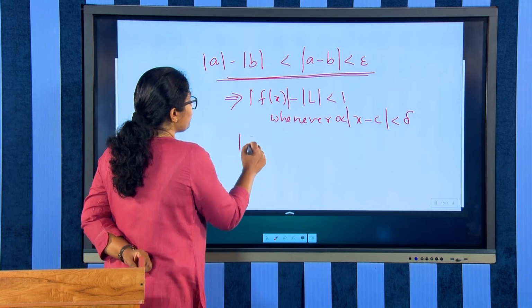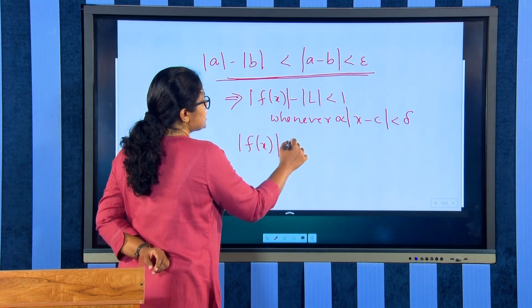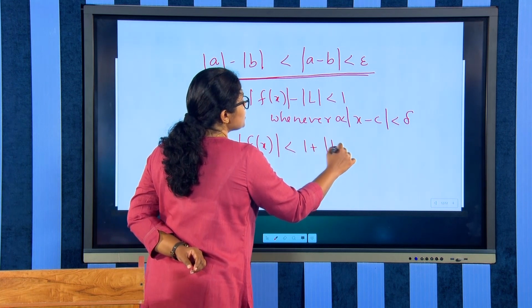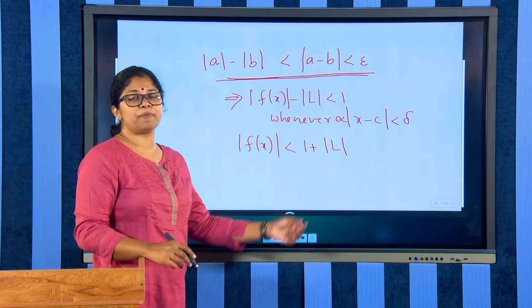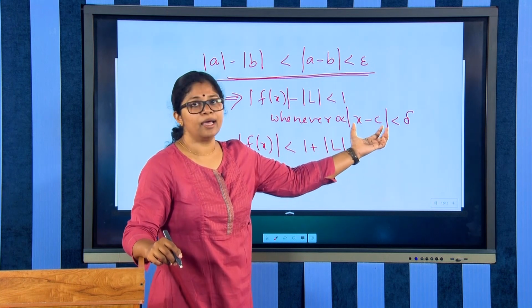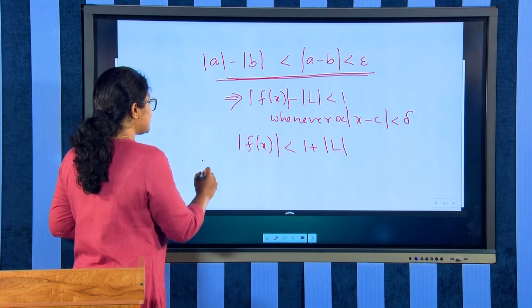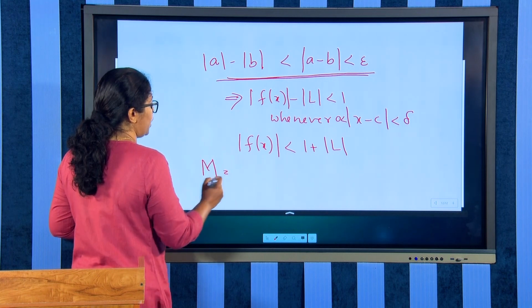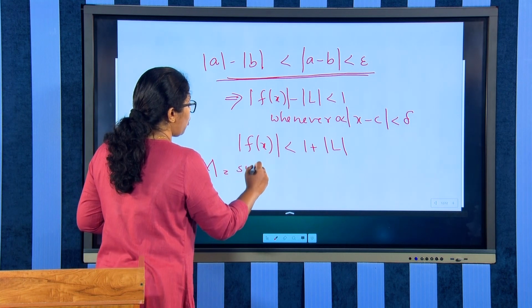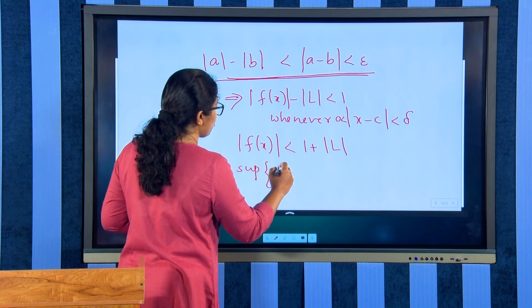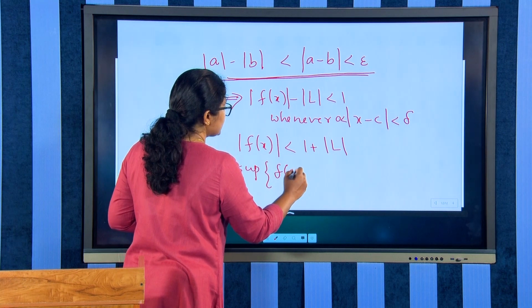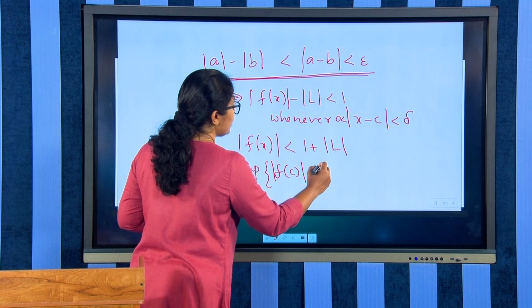So, modulus of f of x becomes less than 1 plus modulus of L whenever x belongs to this delta neighborhood. So, we can have some capital M equal to supremum of modulus of f of c and 1